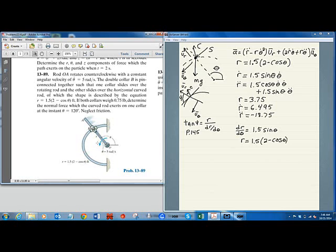So what I know is that the tangent of psi is equal to 1.5 times 2 minus the cosine of theta, divided by 1.5 sine of theta. Alright, so basically I have everything I need. I've got these numbers, and so I'm going to plug values in. If you plug in theta equals 120, the tangent of psi turns out to be,